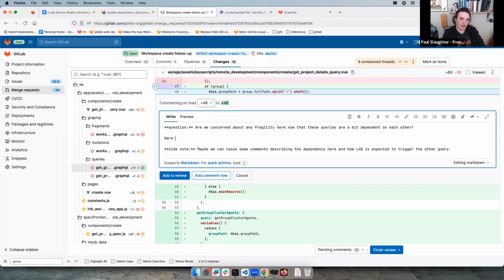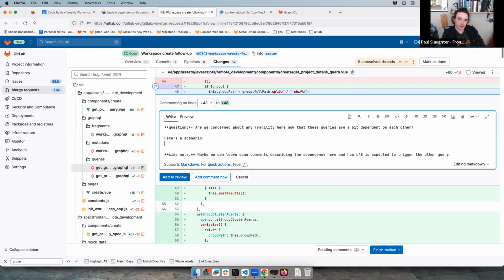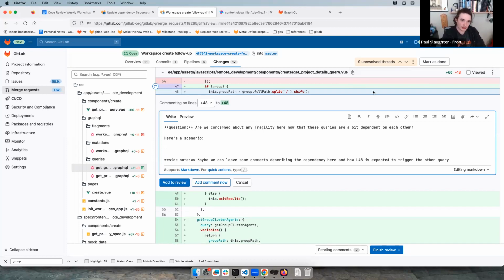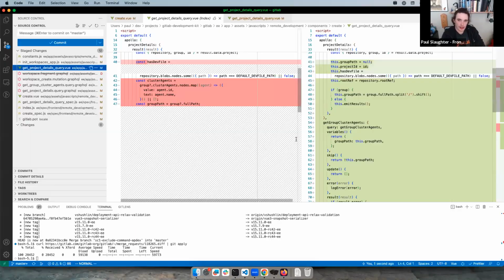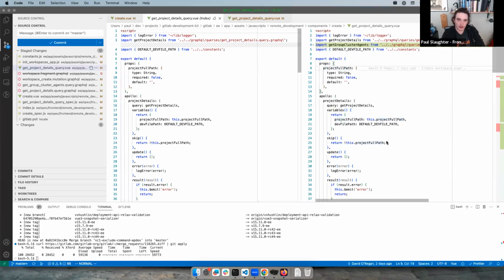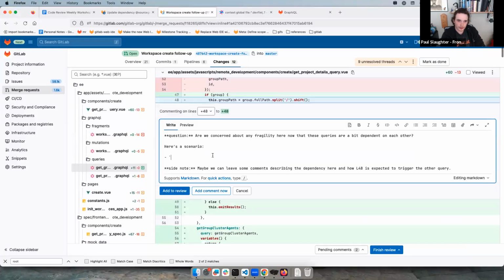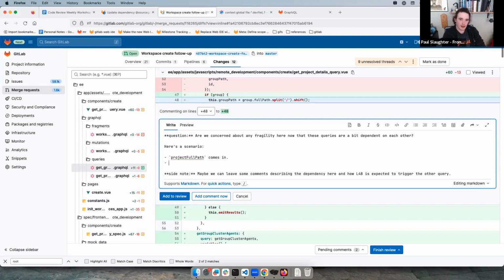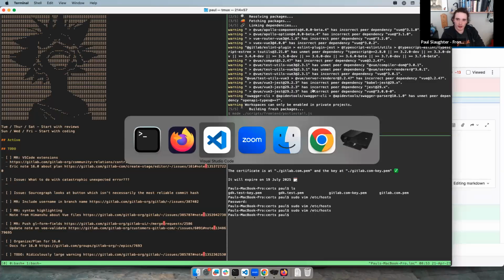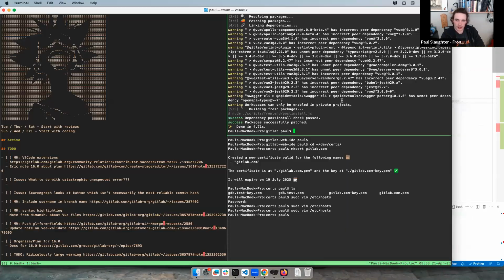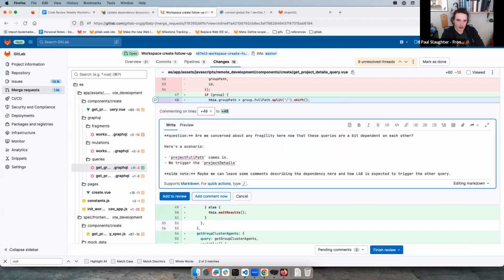Here's a scenario. The scenario is: project full path comes in. We trigger the project details query, which triggers the